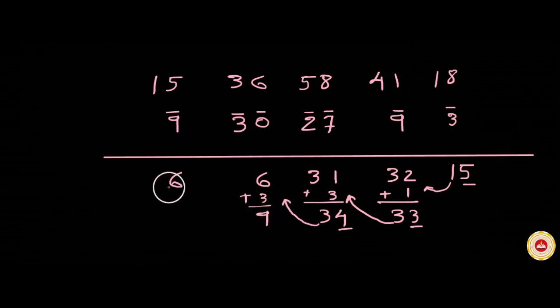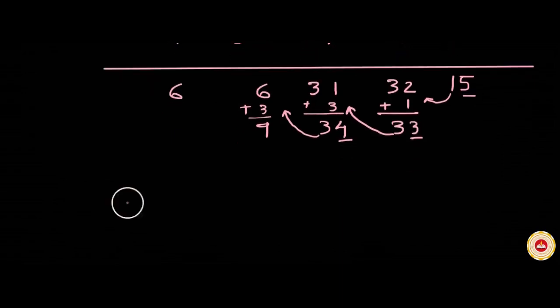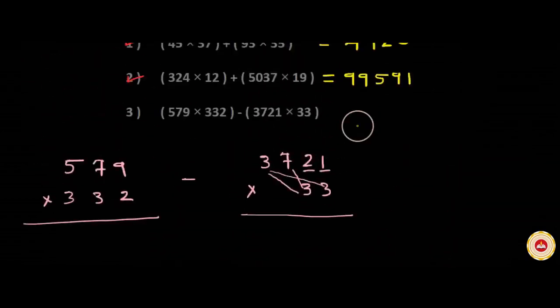So let us write the final answer. Write the leftmost part 6 as it is, write 9 from the second part. Now forget this 3, neglect this 3 because we have already passed it. Write units place digit 4, the retained digit 4. Write from this part the retained digit 3. In this part neglect this and write the retained digit 5. So the answer is 69,435.